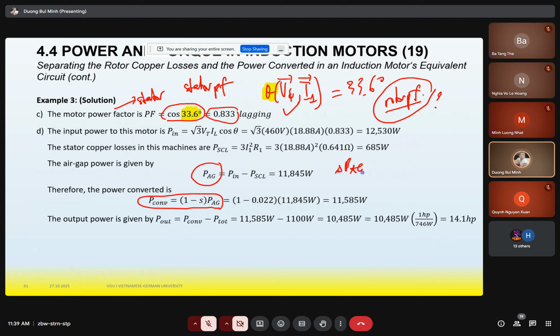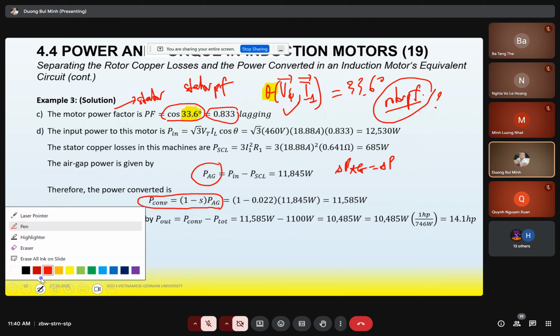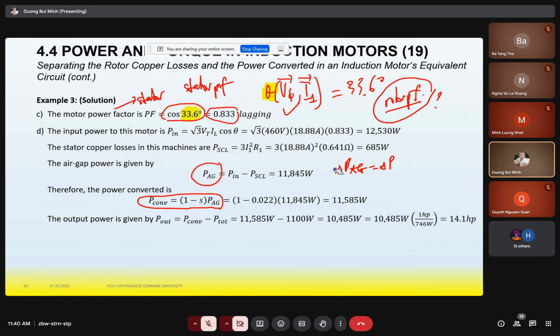So air gap power is P in minus P SCL minus P core. Okay, we don't have information about core losses, so skip it. You can get P in minus P SCL. And P in, how many? So P in is